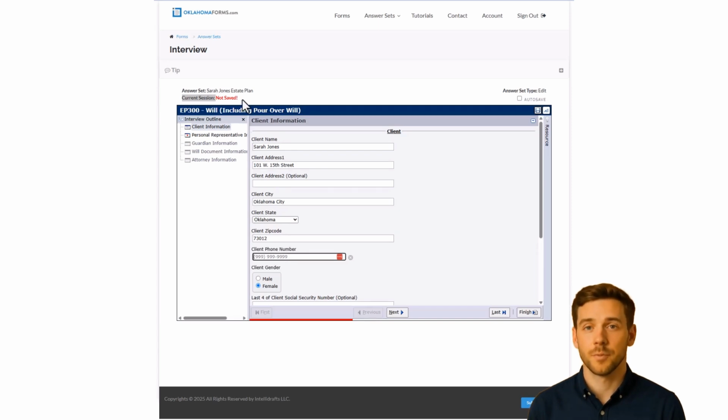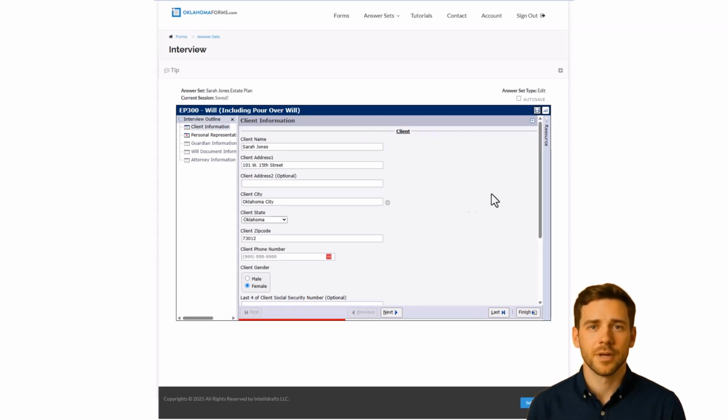The information you provide during the interview will be used in the document you are drafting regardless of whether you have saved your changes. But the information will only be available for reuse later if it has been saved to the answer set. Okay, I want to show you one more thing you can do with answer sets while inside